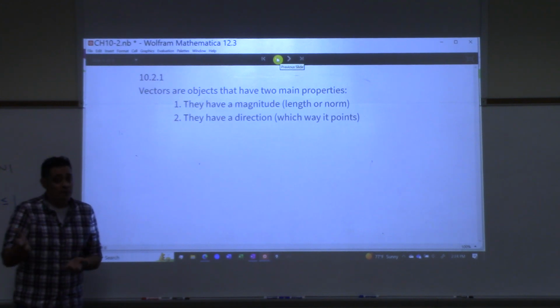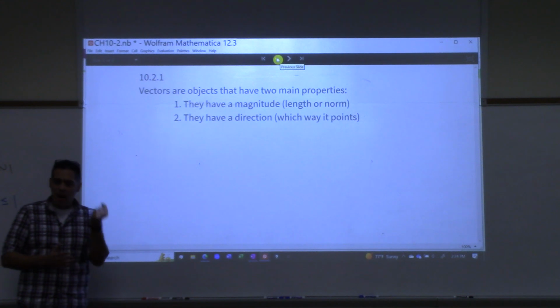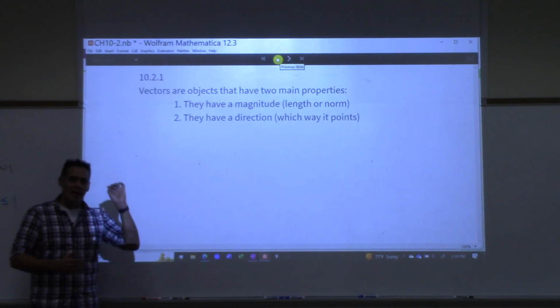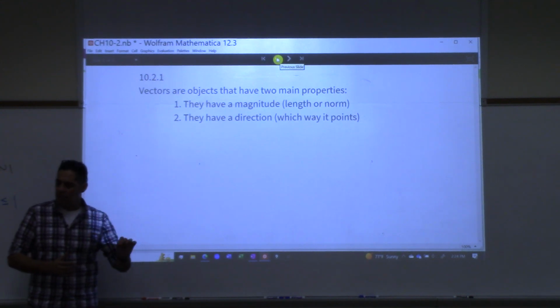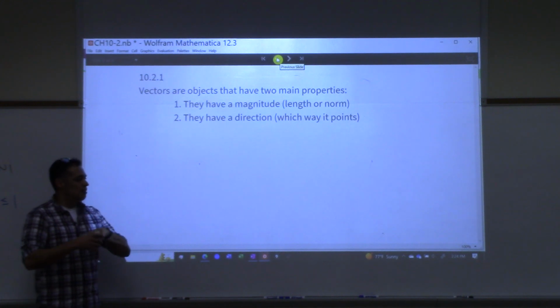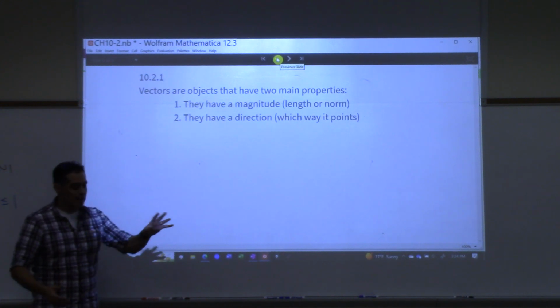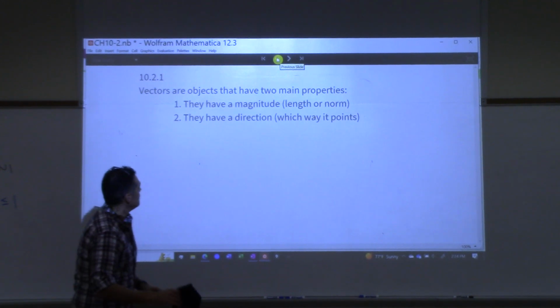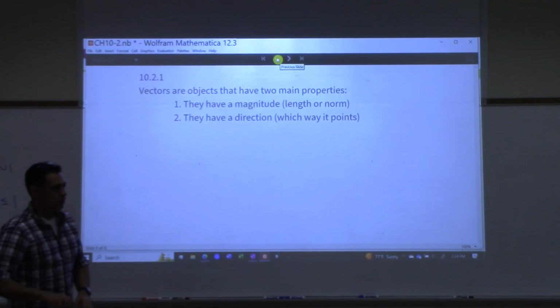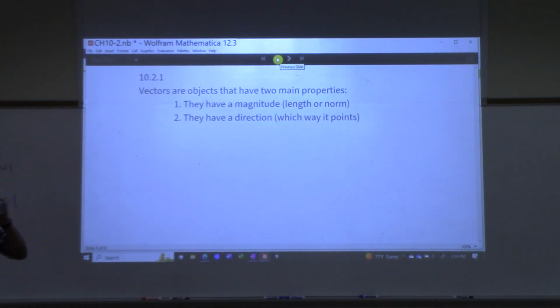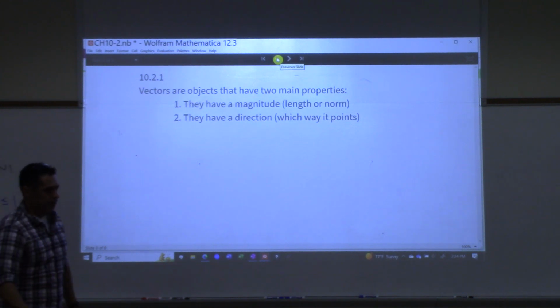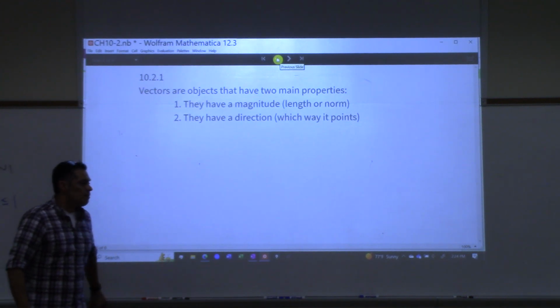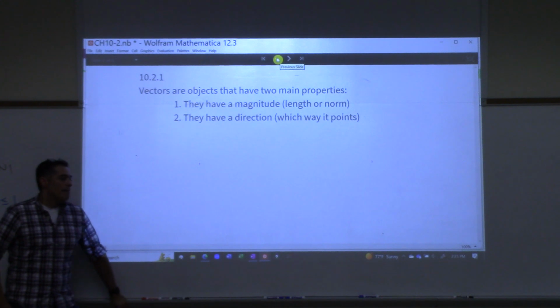So however you want to define the direction, you can. So long as you have objects, some definition of a length and definition of a direction, then you have a vector space. Yeah, or a vector, sorry. Say you have an arbitrary wavy line. Your length would be the integral to find the length of the curve, and your direction would then be